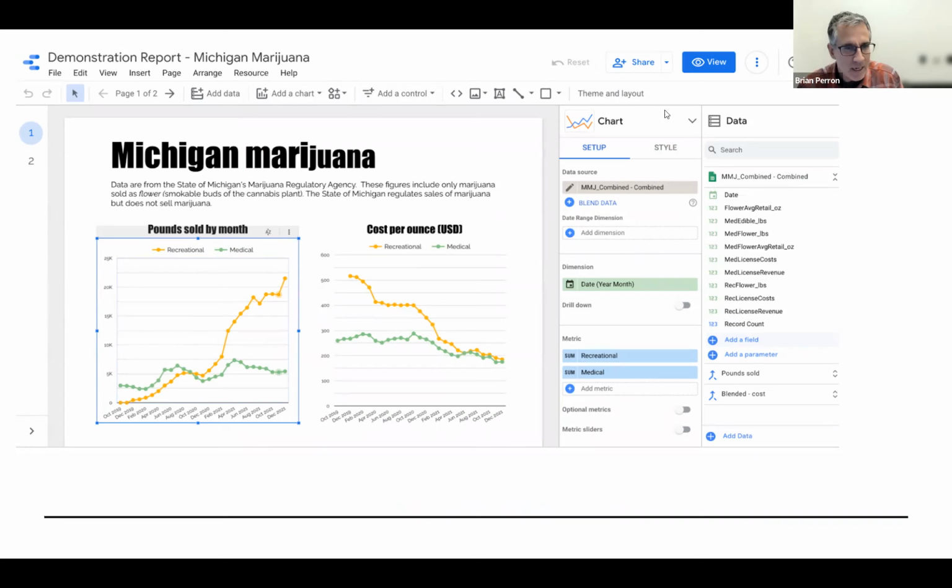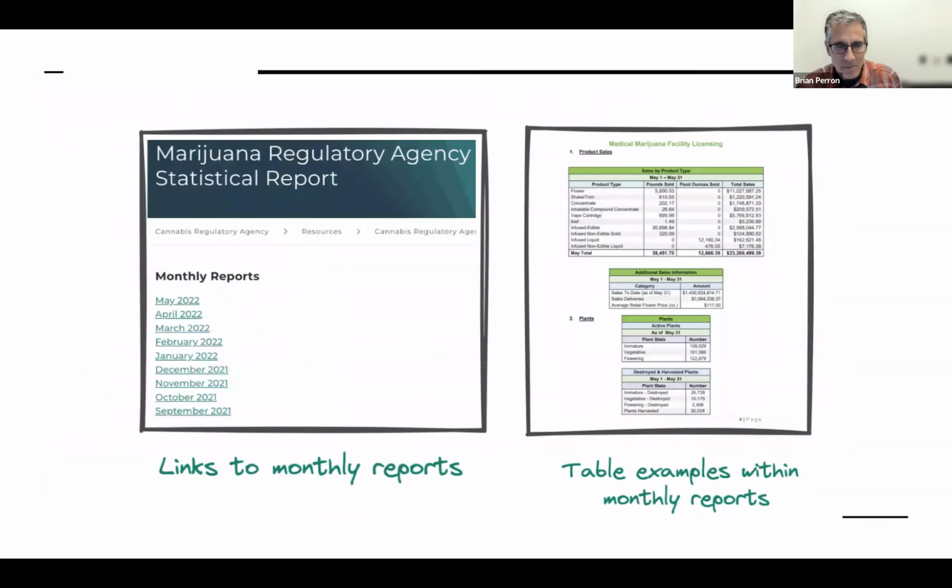Okay, so here's what Google's Data Studio looks like. I'm just taking a screenshot. This is an example of what I'm going to be building. So the problem that I'm solving is that the state of Michigan produces